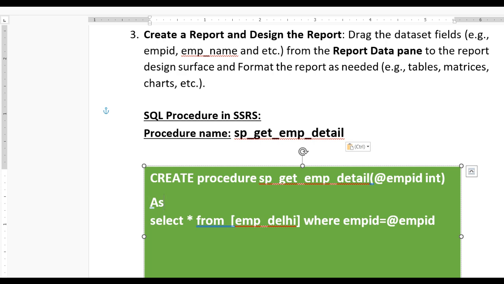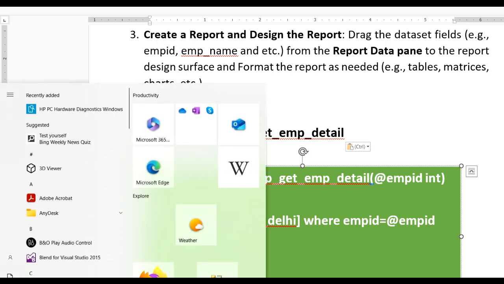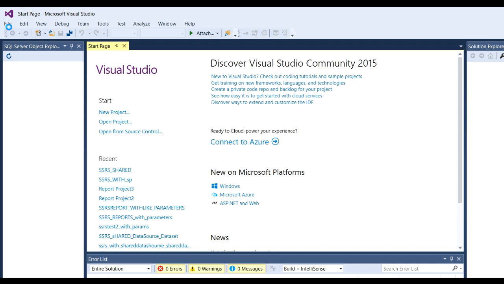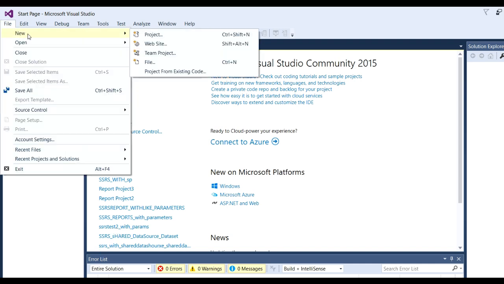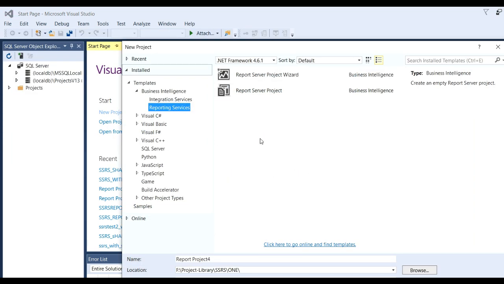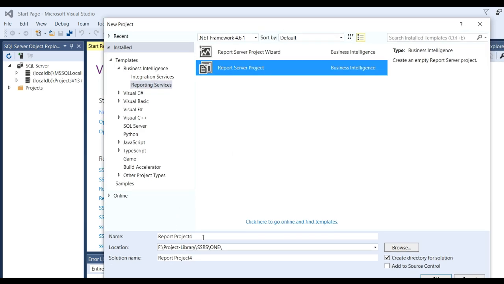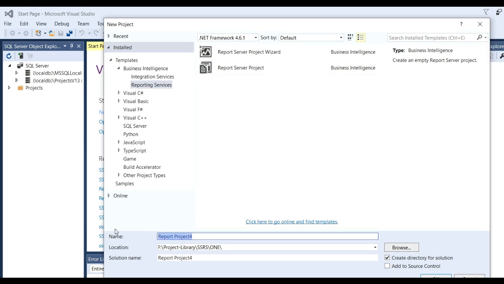Now let us see it with a real example. Open Visual Studio. Now go to File, New, Project. Then you choose Template, Business Intelligence, then Reporting Services, and you select Report Server Project. Now you can put the name of your project, like